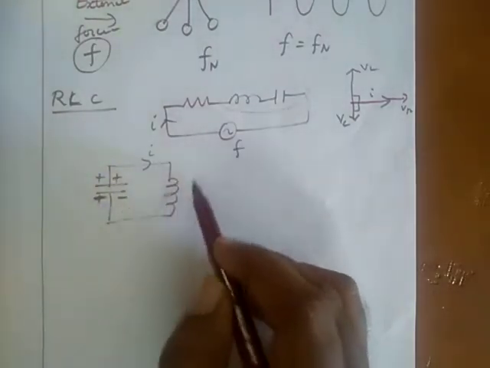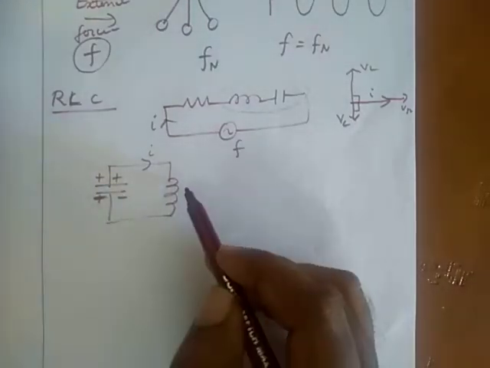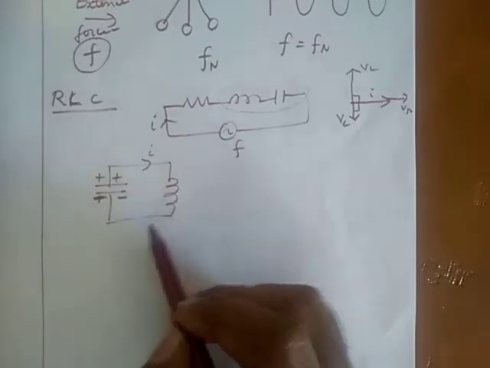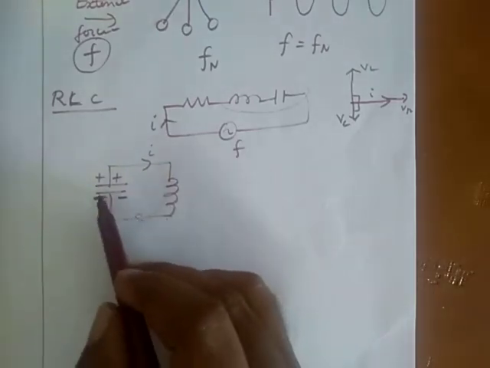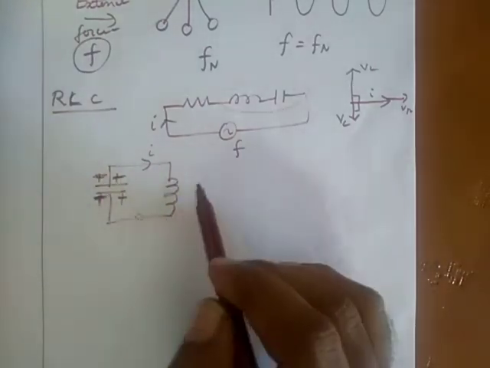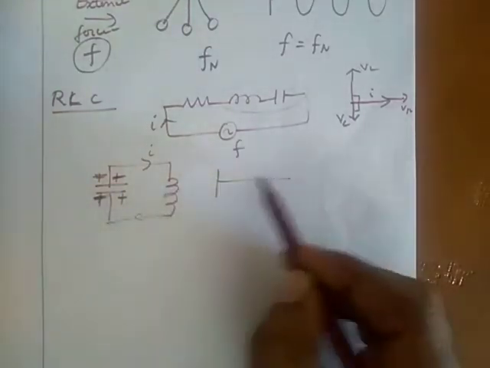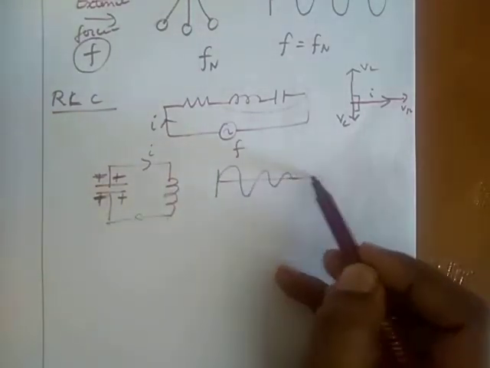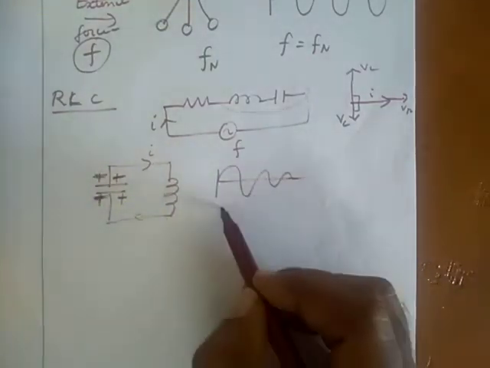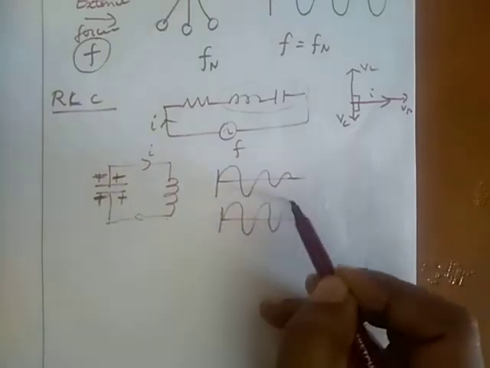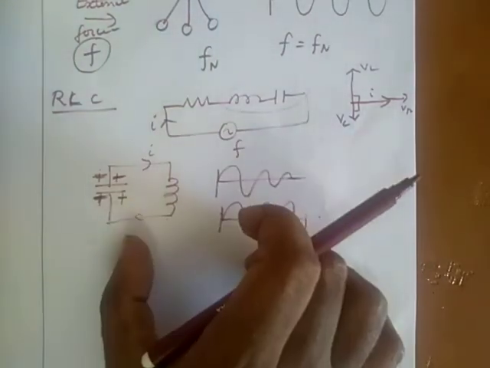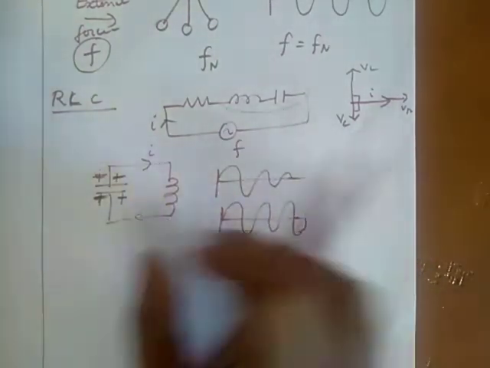After that, it will be fully charged. The electrostatic energy became electromagnetic potential energy in the inductor. At that case, the current will flow in this direction, at that time it will be positive, then negative. This will repeat until the energy is spent. Then we get a damped oscillation. If by some other means I get an undamped oscillation like this, that is what we get at resonance.